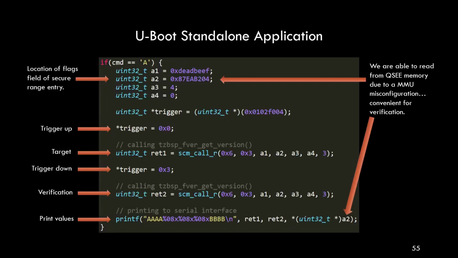We are able to read out this secure memory address from U-boot, and it allows us to determine if this particular memory address is actually written or not due to our attack. So you don't really need this for the actual attack, but it makes it more convenient to have two identifiers to see if the attack was successful or not.